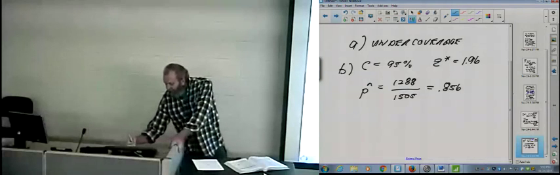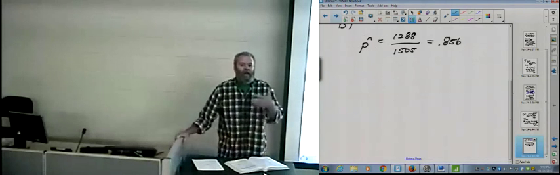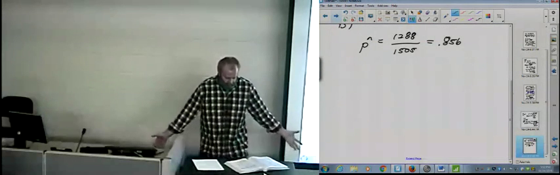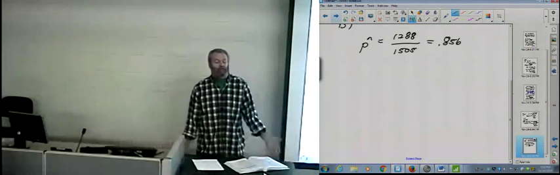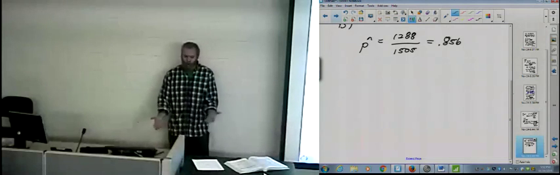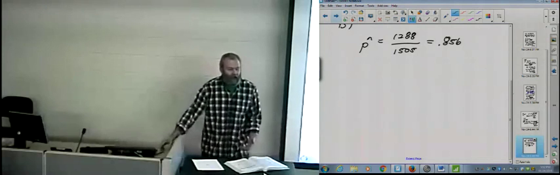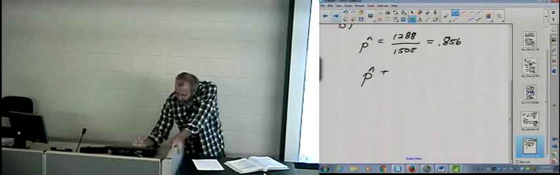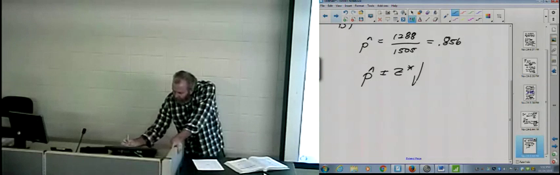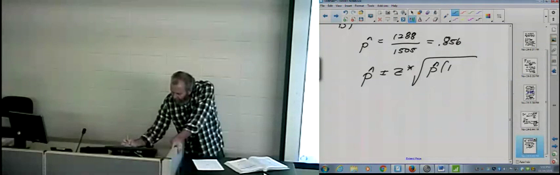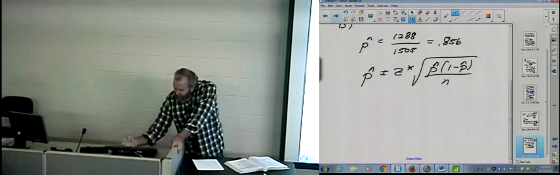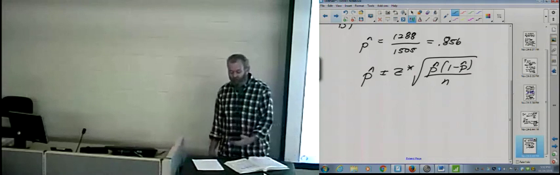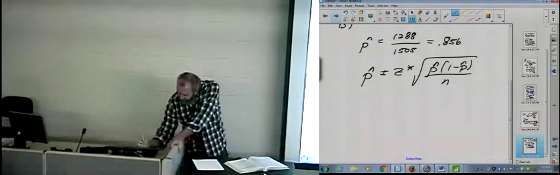Now, I know the formula I want. I want to estimate P. I want to estimate the proportion of all Canadian adults that would agree with the registration of all firearms, right? That support the registration of all firearms. Now, I'm looking at all Canadian adults, right? That's your population here. I know I'm trying to estimate a population proportion, so my formula is p-hat plus or minus z-star square root of p-hat times 1 minus p-hat, all over n. Now, at any point, you can do the little pieces, but I'm going to do the same thing as I've done to you before. I'm going to work from right to left. I've got 0.856